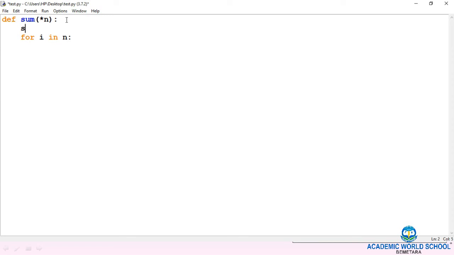One by one each value stored in the variable length argument will come in i. For that we require a variable which will hold the cumulative sum. For that I am using s is equal to s plus i.